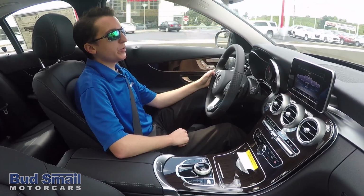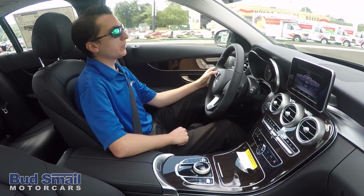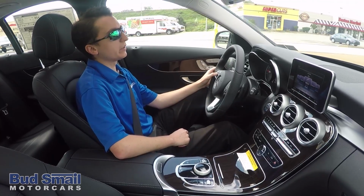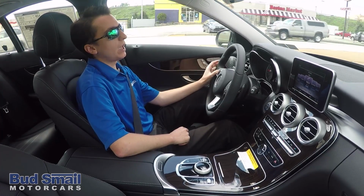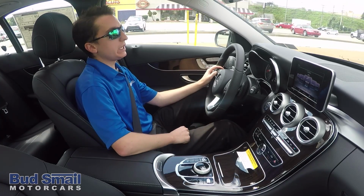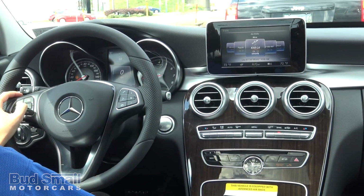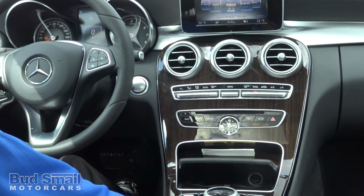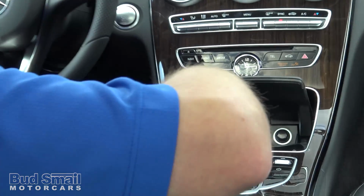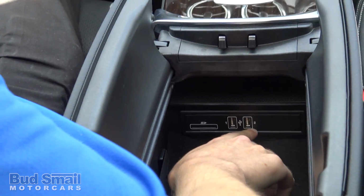Another great change for the 2018 C-Class is smartphone integration. Something that Mercedes has been doing for about a year or two on some of the new models is integrating Apple CarPlay and Android Auto into the interface. The C-Class from its redesign in '15 had not had the technology just yet, but now does on every C-Class. So something that you'll be finding on redesigned Cs, on redesigned GLC SUVs, is inside of your center compartment here. If you simply pop this switch, you'll notice not only the dual USB design in the center here, but you'll actually